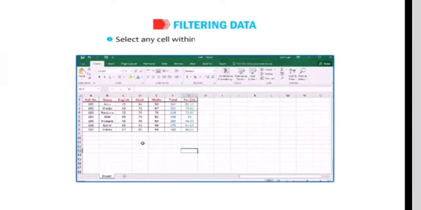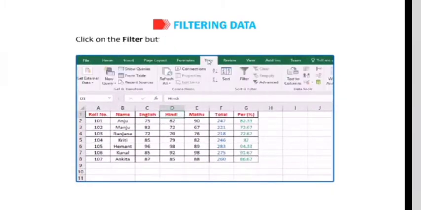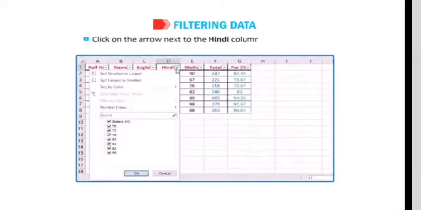Select any cell within the database range, say D1. Click on the Filter button in the Sort and Filter group on the Data tab. Small arrows will be added in the column headers. These arrows are used to specify conditions to filter the data. Click on the arrow next to the Hindi column header in the cell D1.